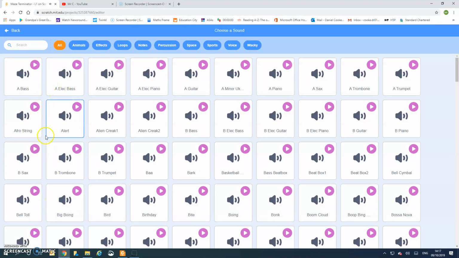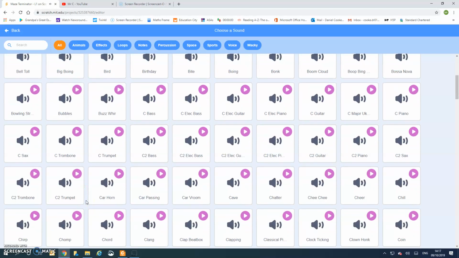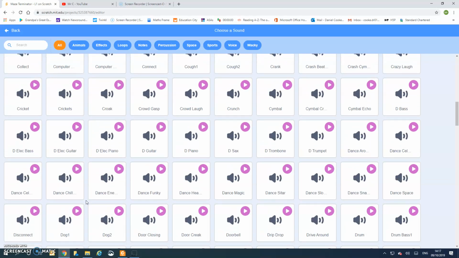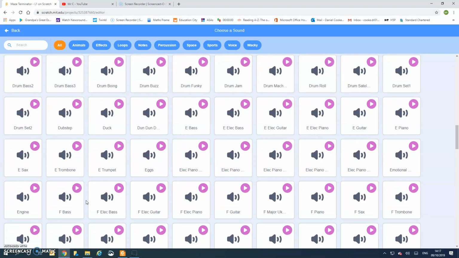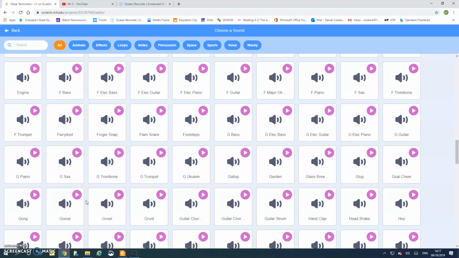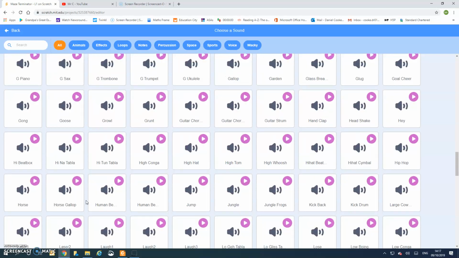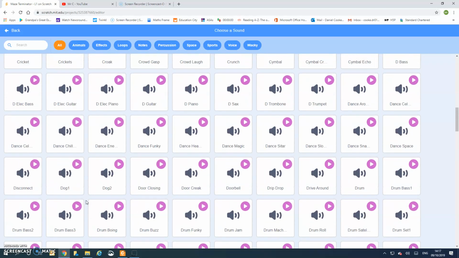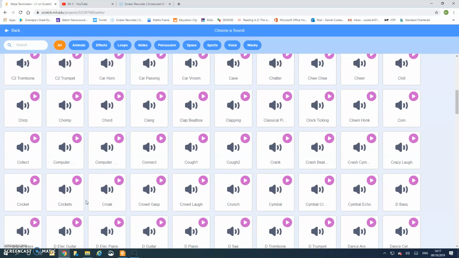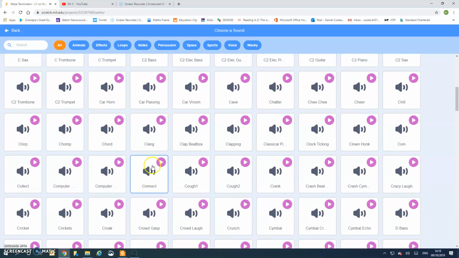And you've got all these different sounds available. If you hover over the purple button, it plays a certain sound. So you can have a look through these and choose the one that you want. Now I want a sound for when the sprite hits the wall. So I'm thinking, which one would be a good one to hit the wall? Maybe